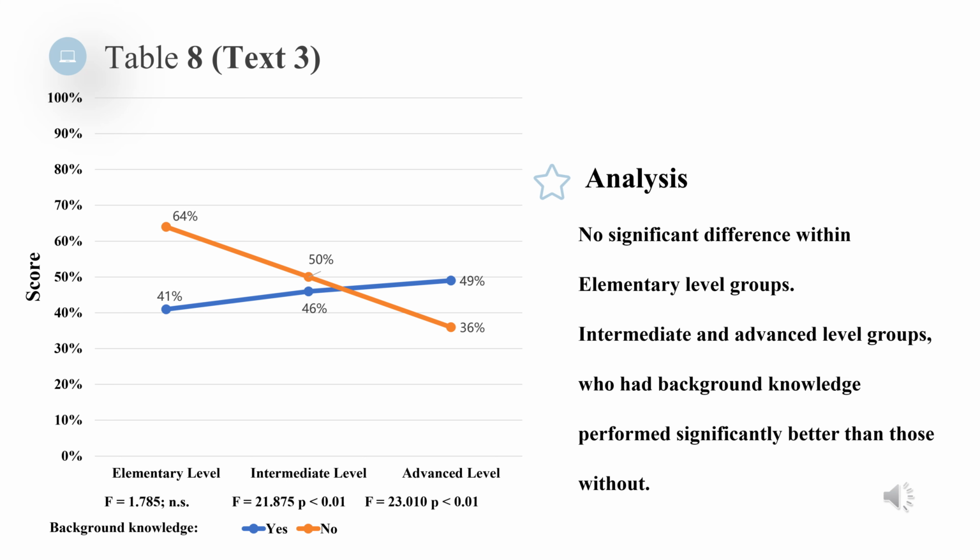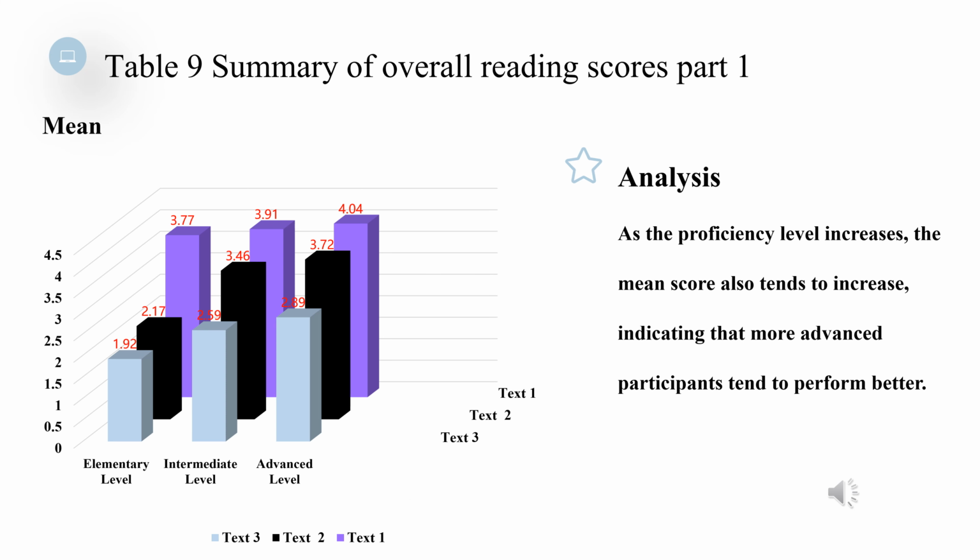On the other hand, the intermediate level and the advanced level groups who had background knowledge performed significantly better than those without background knowledge. Up next, I will use some 3D bar charts to demonstrate the summary of overall reading scores by its mean score. So from the bar charts, we can notice that